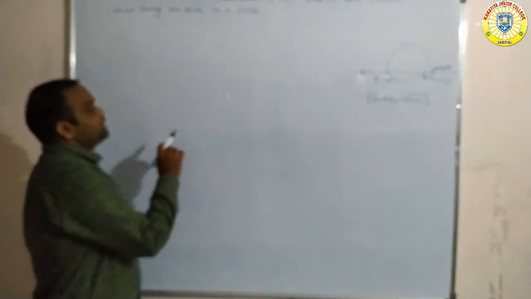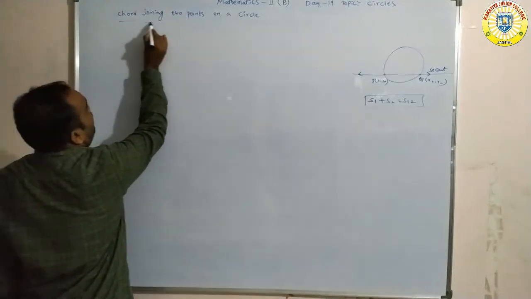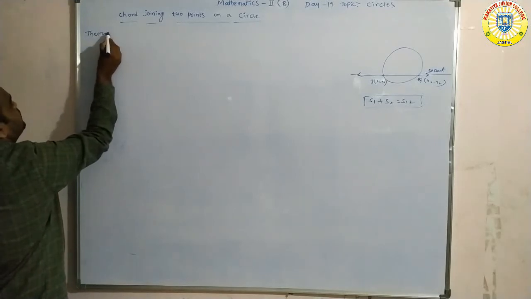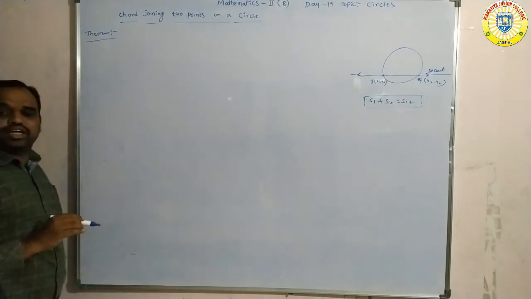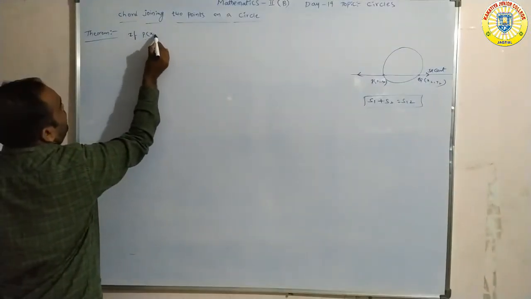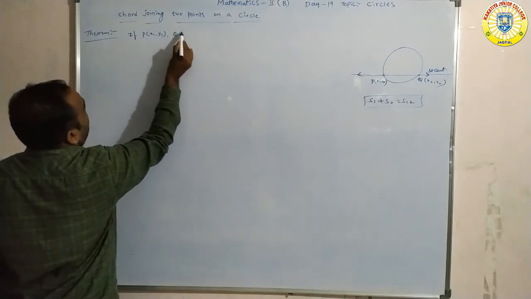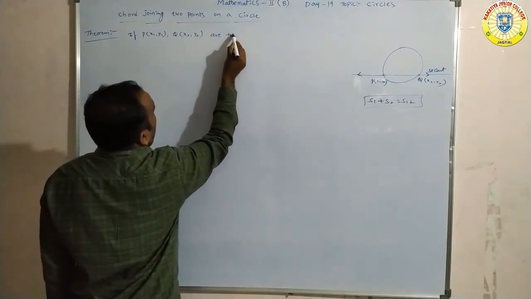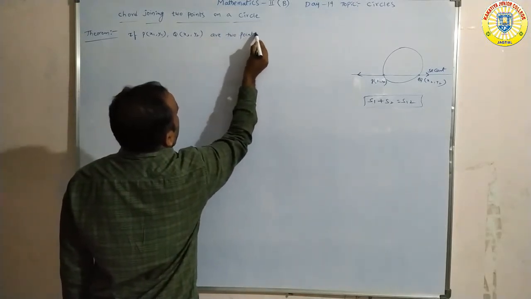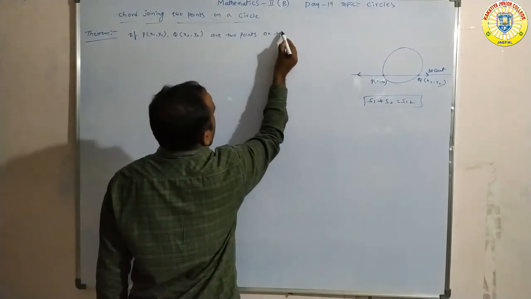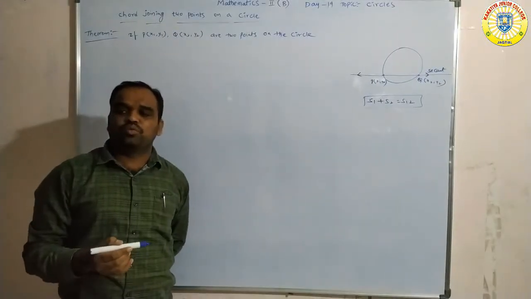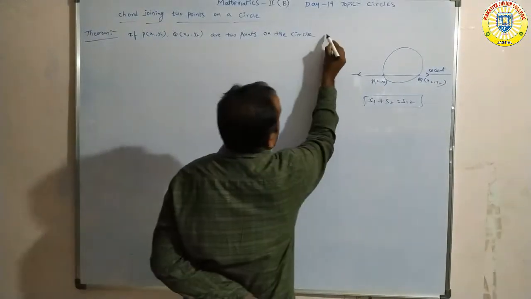Here, first we are writing the theorem statement. This is the heading: the chord joining the 2 points on a circle. No need of proof, only write down the statement, as the statement is important. If P of x1 comma y1 and Q of x2 comma y2 are 2 points on the circle S is equal to 0,